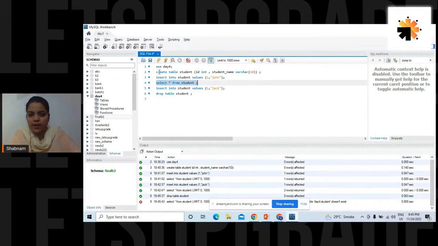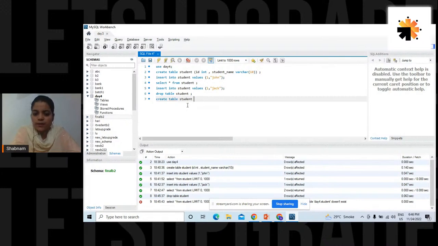So no problem. Let me create the table. Okay. I say create table student, ID, which is integer, and before you declare the name of the second column, mention this column as a primary key by writing the keyword primary key. Okay, so column number 1, ID of this table student, is of the data type integer, as well as this column is a primary key of the table.